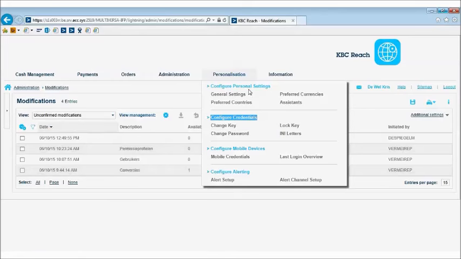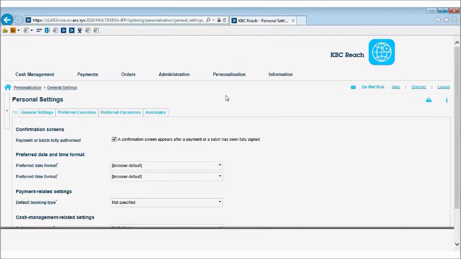You have some configure personal settings, general settings like the preferred date format and preferred time format can be changed. Normally it's browser based, but you never know if a user wants to see it in another way. You can just select this format and then every date will be displayed in that format. Also for the time,